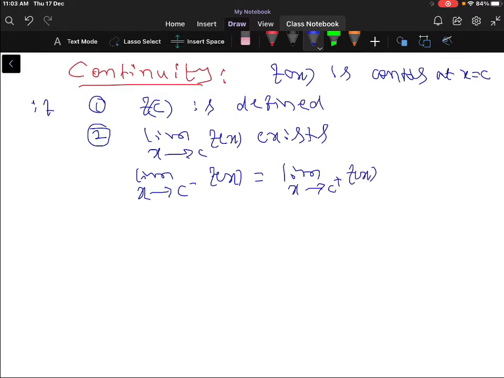If the left hand limit and right hand limit are the same, then we can write that the limit exists at x approaches c. So third condition,